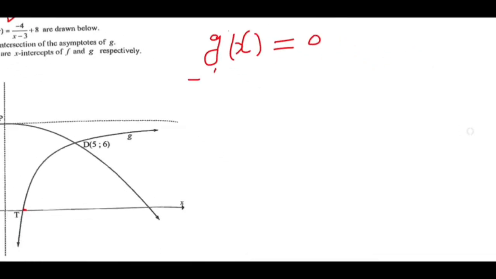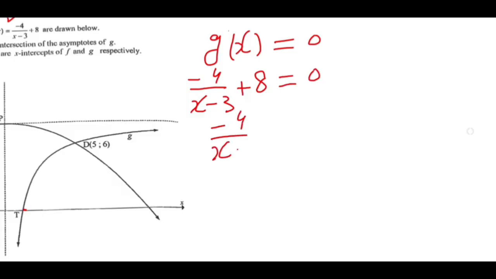So negative 4 over (x minus 3) plus 8 is equal to 0. I switch the 8 over this side, it becomes negative 8. The (x minus 3) is going to cancel out here, so it's going to be negative 4 is equal to negative 8